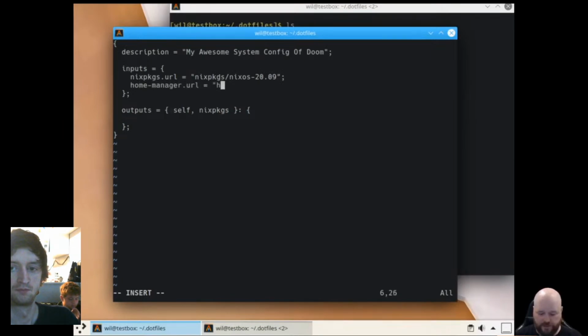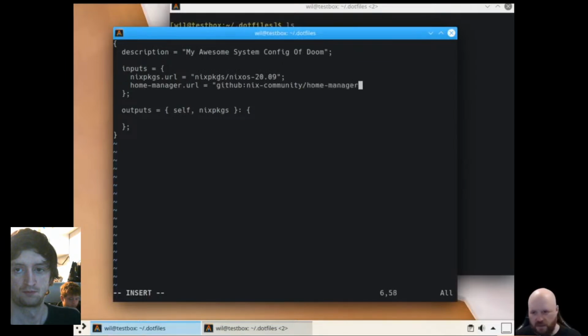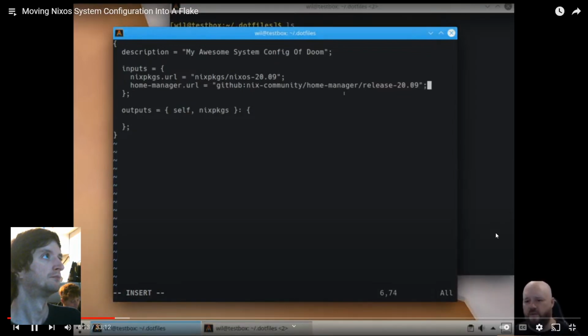Manager.url equals, this time we're going to get something from GitHub. So on the Nix-community GitHub organization, there's where home manager is, which I've explained previously. Now the version of home manager we want to target, so the actual branch from that repository that we want to target, is called release 20.09,